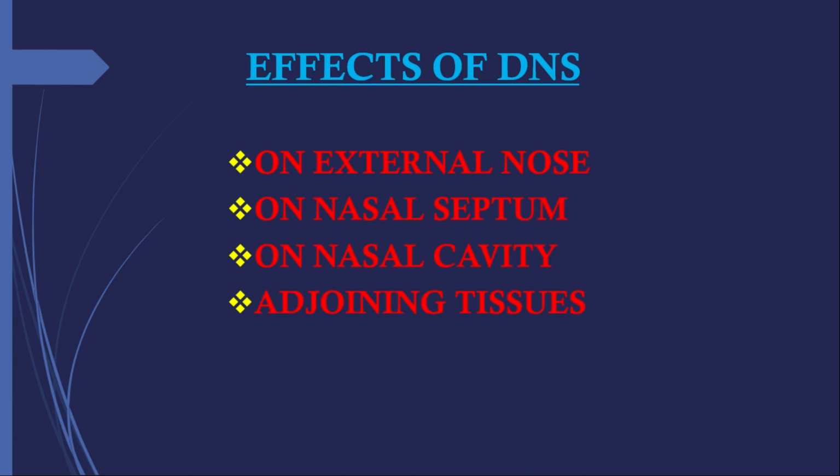Now, talking about effects of DNS, I just told you about the external nose, that a deviated nasal septum can deform the nose externally as well. Since the internal wall is deformed, it can take the outer wall, which is the nasal bones, with it and cause a deformity. While on the nasal septum itself, it could be either a C-shaped curvature or an S-shaped deformity or